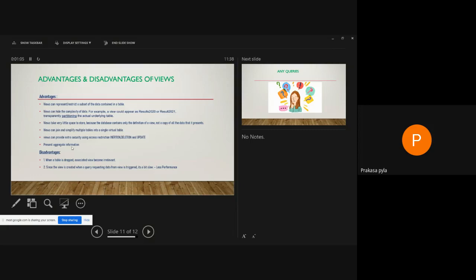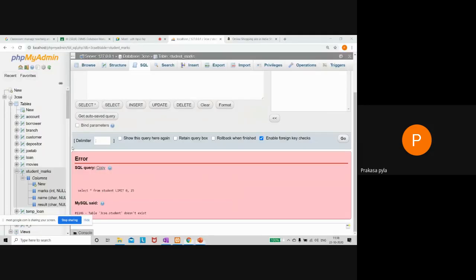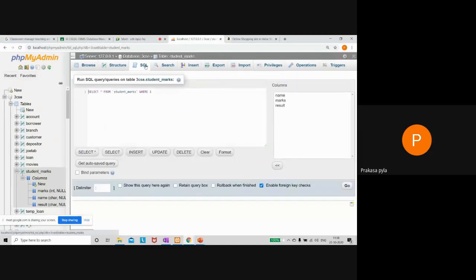Similarly, views can provide aggregate information. So aggregate functions can also be used with views. So something like: create view V100 as select, I just want to count the number of records.